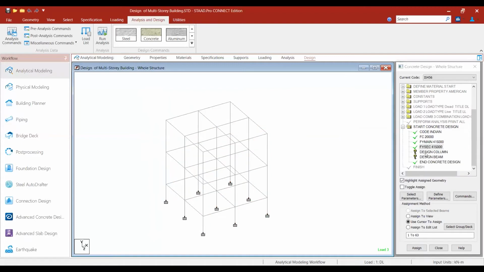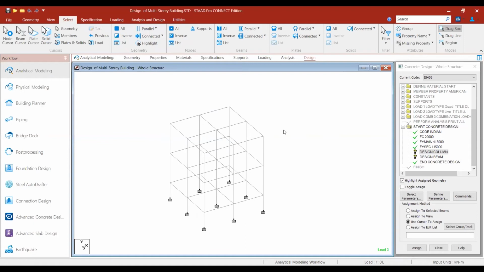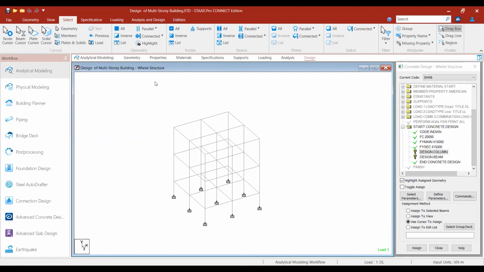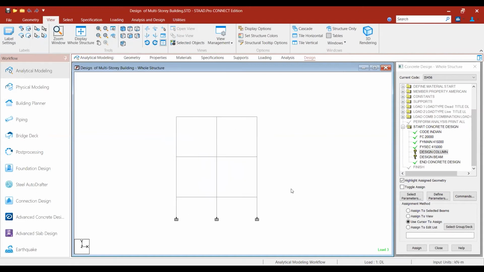Next is select the design column. You have to select the columns. See in the front view and select the columns.